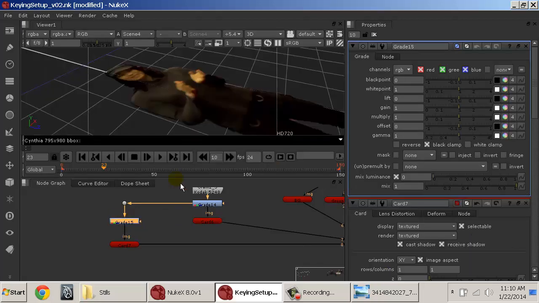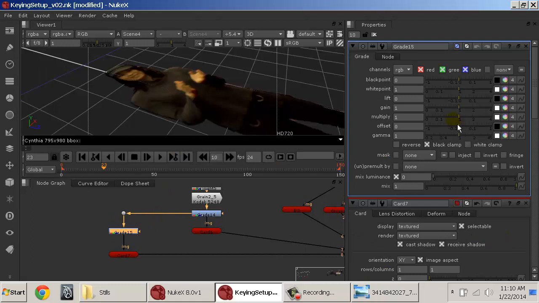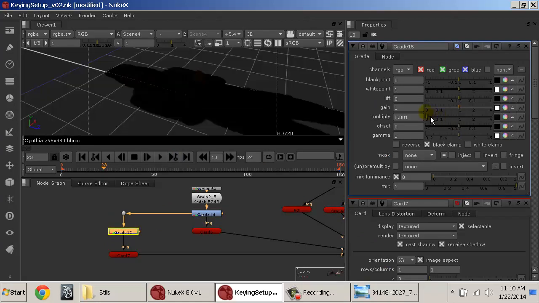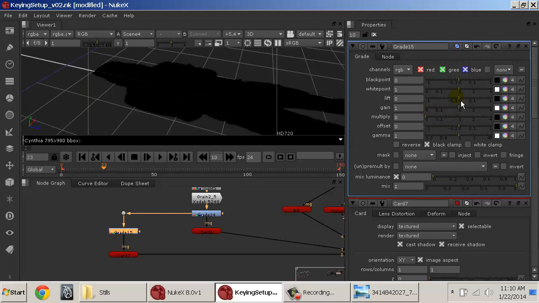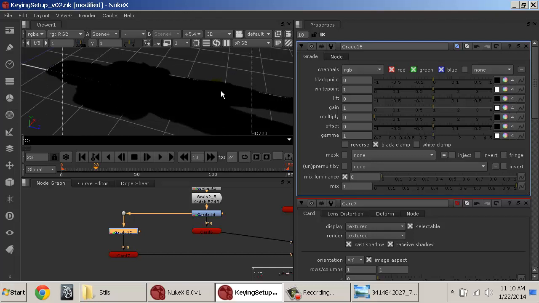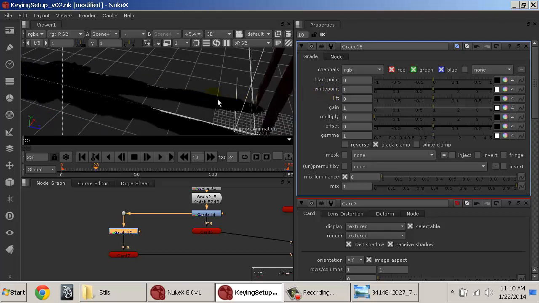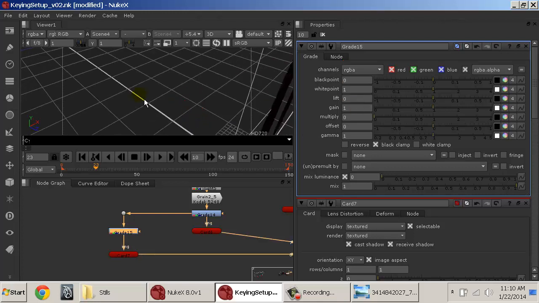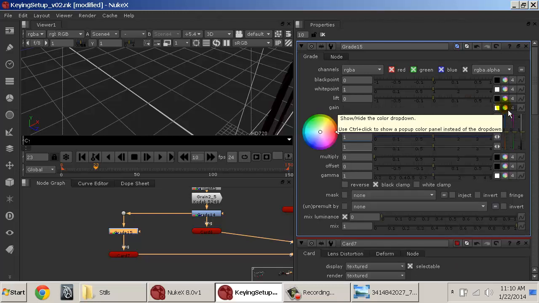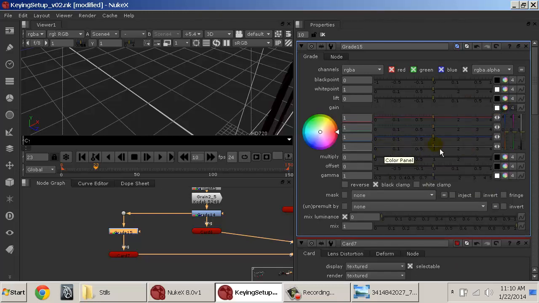drop it in. And then what I can do is take the multiply all the way down, and it becomes totally black. That's what we want. I want to be able to control the transparency on this. The only way for me to do that is to add this channel that has RGBA. And then the second I add that, it goes away. So I'm going to go to my gain here, and